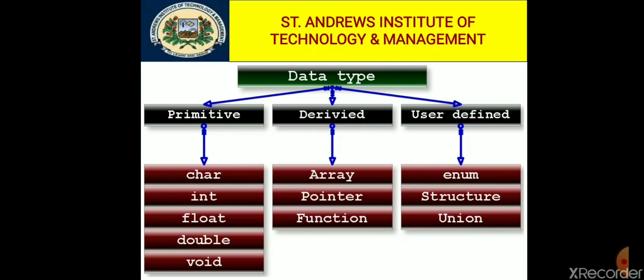So in structure each member has its own different location, whereas all members of a union use the same location. Thus in union, objects of different types and sizes can be stored at different times, and the size of a union is the size of its widest member. So it is the overall discussion about data types.